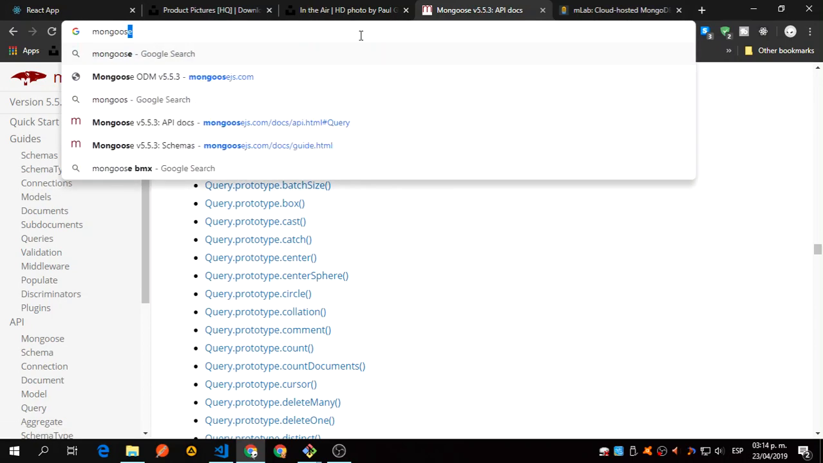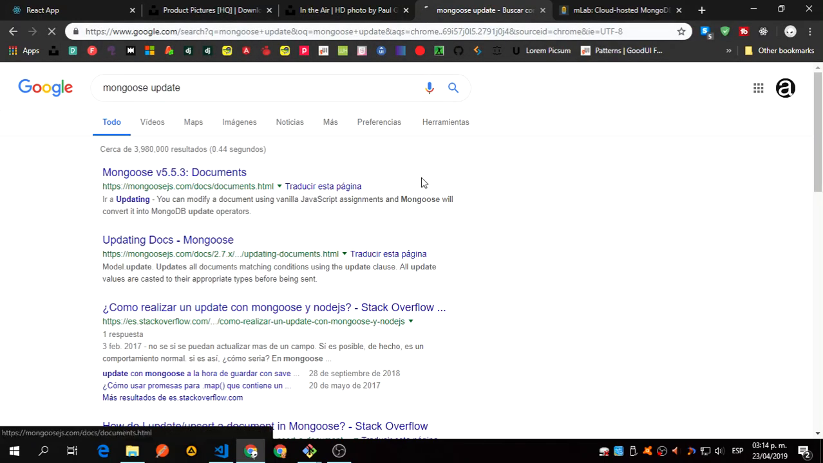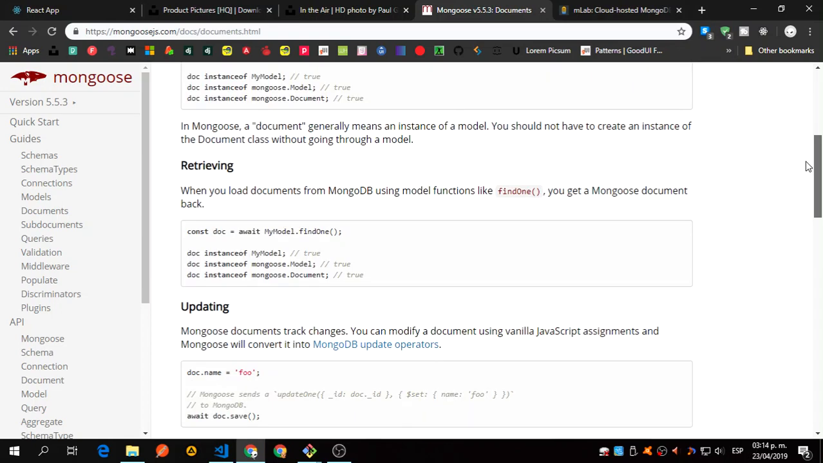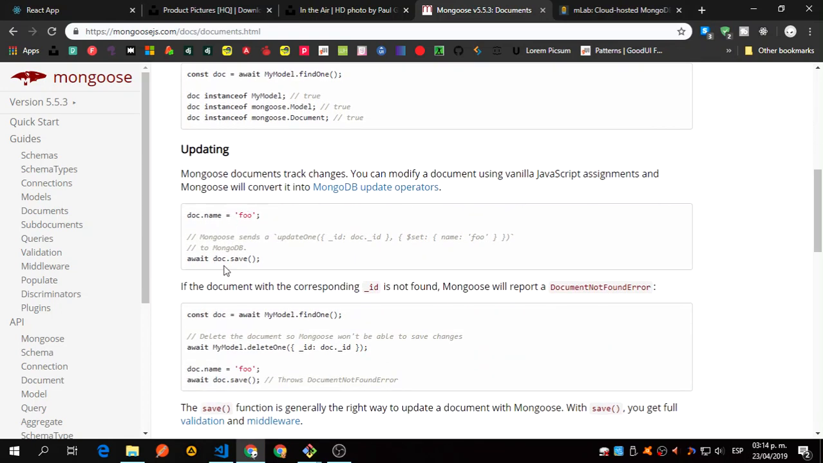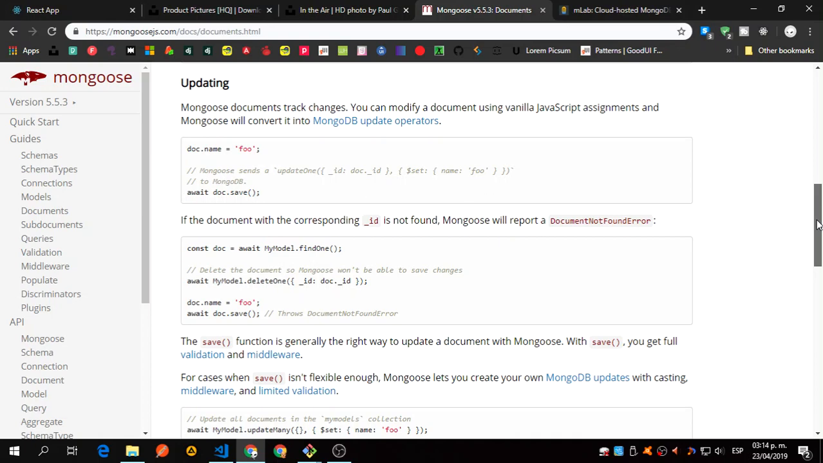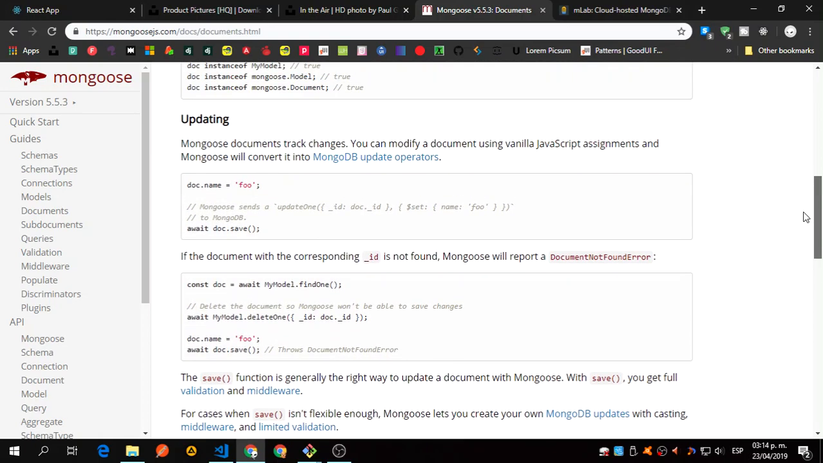Let's say Mongoose delete. No, let's say update. Okay, they're making the schema right there. Retrieving, updating. Update one. So what is Mongoose document track changes? You can modify a document using vanilla JavaScript assignments, and Mongoose will convert it into MongoDB update operators. Okay, so now it seems you can just create the model, and for that model just update whatever you want,